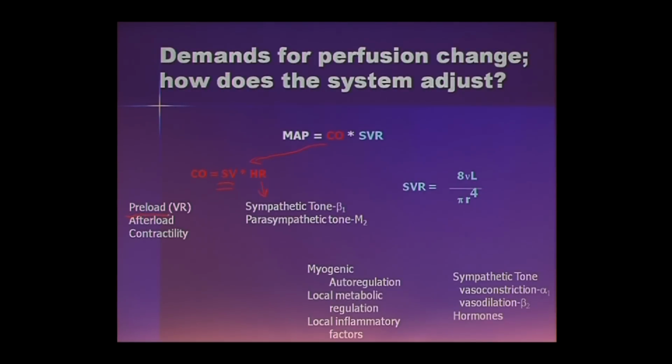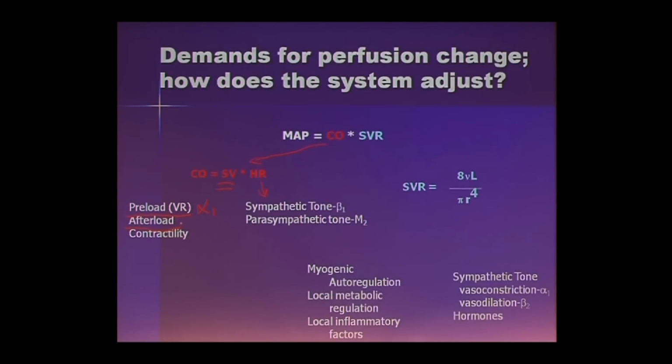Stroke volume is regulated by preload, which is a fancy name for the venous return. Preload really means the blood that returns to the heart from the veins. So through the alpha-1 adrenergic system that we just mentioned, it squeezes veins, it's going to squeeze the blood towards the heart. You're going to increase the stroke volume because more blood is going to get in the heart and more blood is going to be available to be pumped.